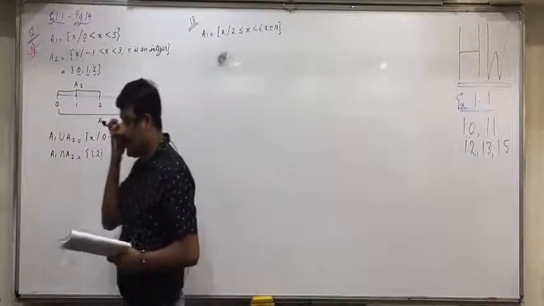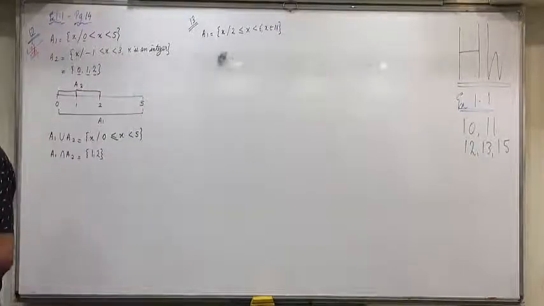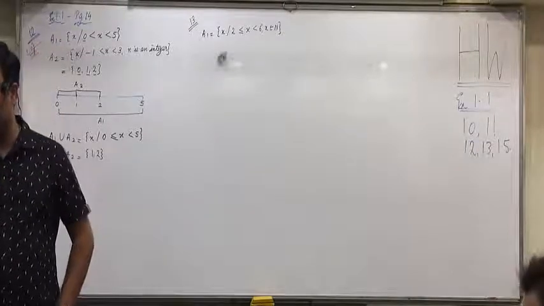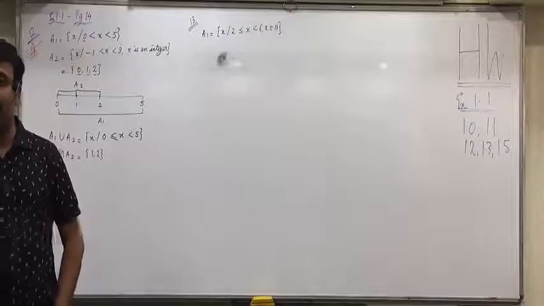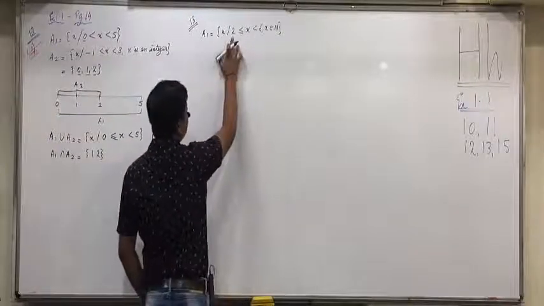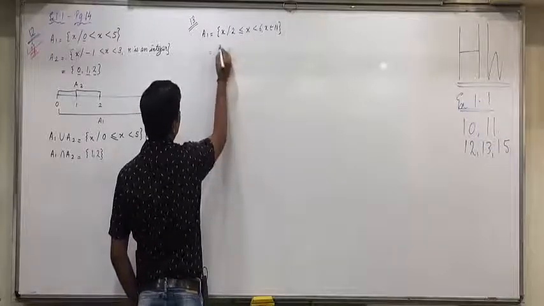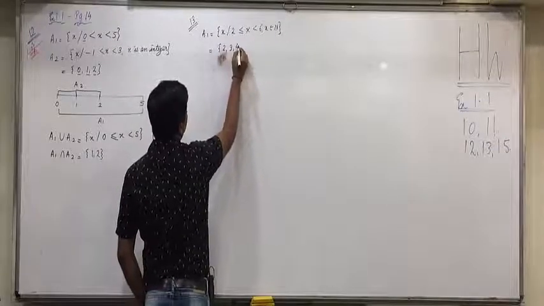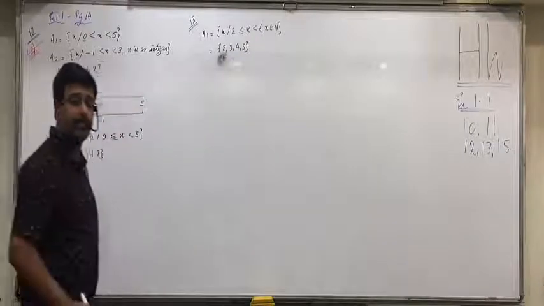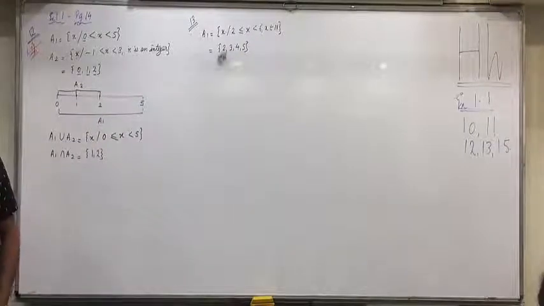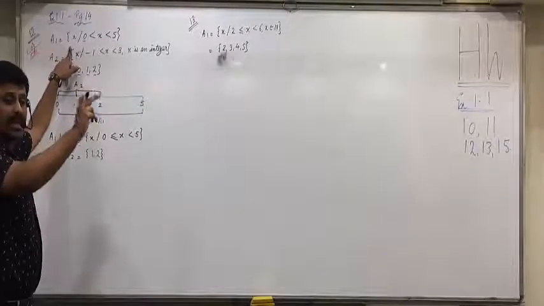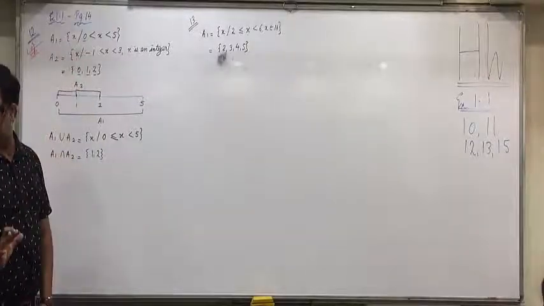Can we write it in any other manner? Yes. How can we write it? 2, 3, 4, 5. Why? Because X belongs to N. What is N? Natural numbers. Which are the natural numbers from 2 to 6 including 2? 2, 3, 4, 5. 6 is not included, equal to sign is not there. Are you all clear why we did not write it here but we are writing it there? Because X belongs to N means X is a set of natural numbers.